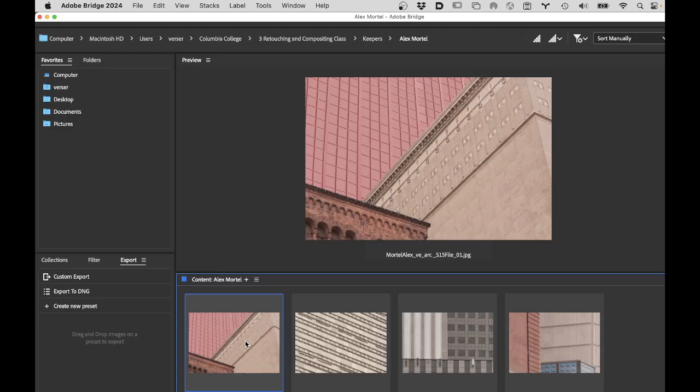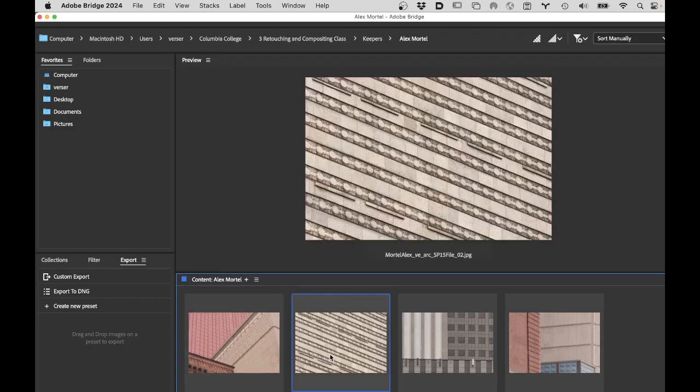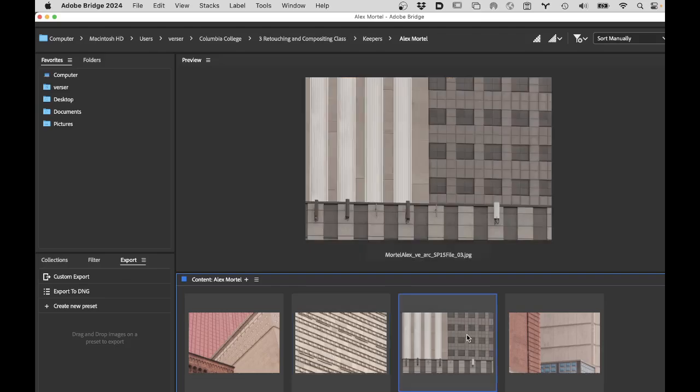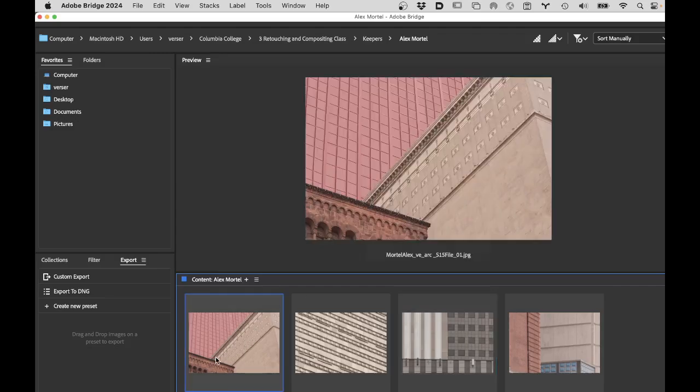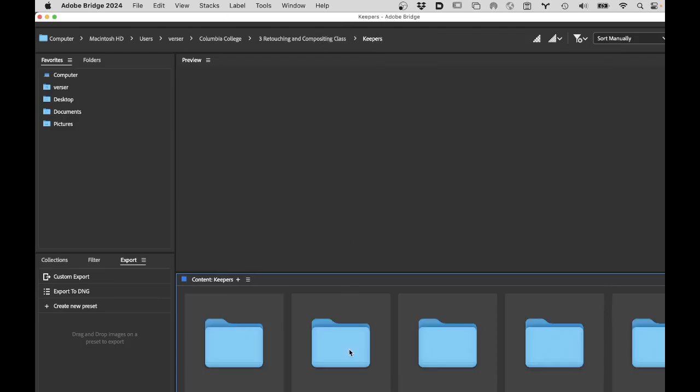But this was a guy named Alex Mortel a couple of years ago. He was really just interested in modifying and building these sort of building landscapes. So you'll see he's removed all the windows from buildings and he's treating them more as texture and form and shape, really flattened this out. So even though you would think this would have dimension, they're incredibly flat, very Japanese printy kind of. So at any rate,